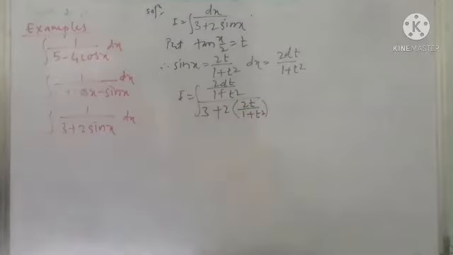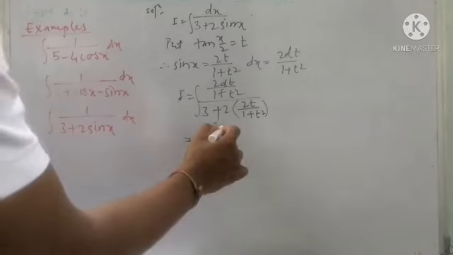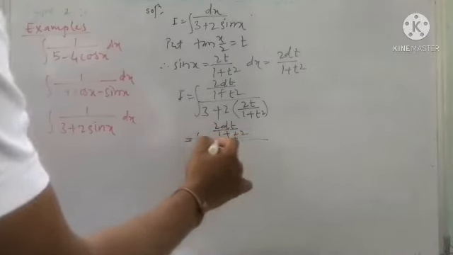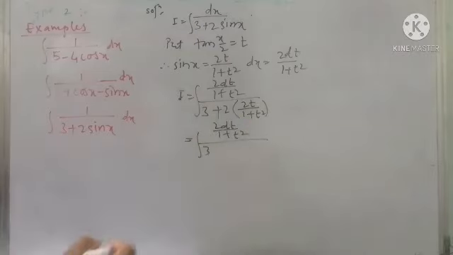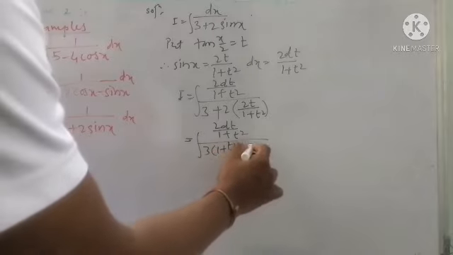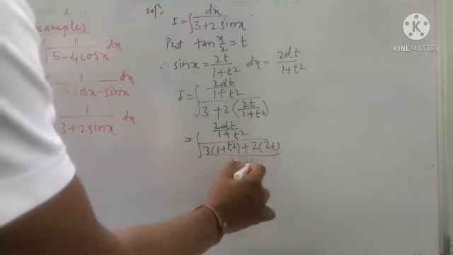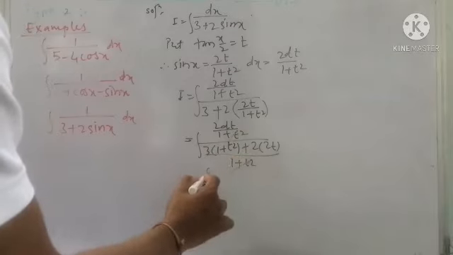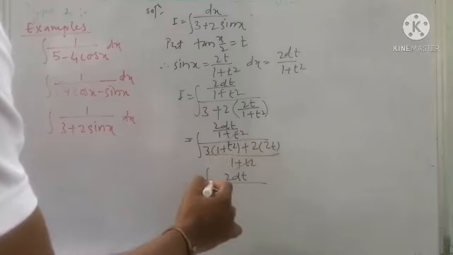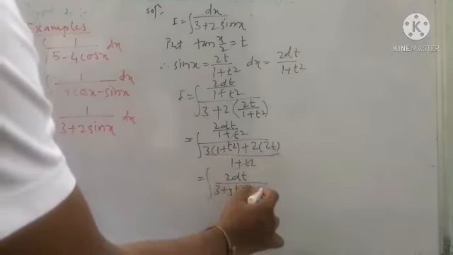Again we have to simplify the denominator, as there is an addition in the denominator. The numerator remains as it is, 2 dt divided by 1 plus t square. Now in the denominator, the first term and the second term have denominators in product, so 3 into 1 plus t square, plus the second term's numerator will be 2 into 2t divided by 1 plus t square. Now 1 plus t square gets cancelled, so we get in the numerator 2 dt divided by, multiplying by this 3 into 1, 3 plus 3t square plus 2 into 2, 4t.